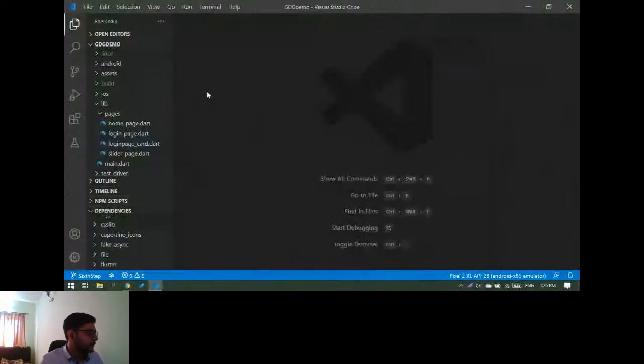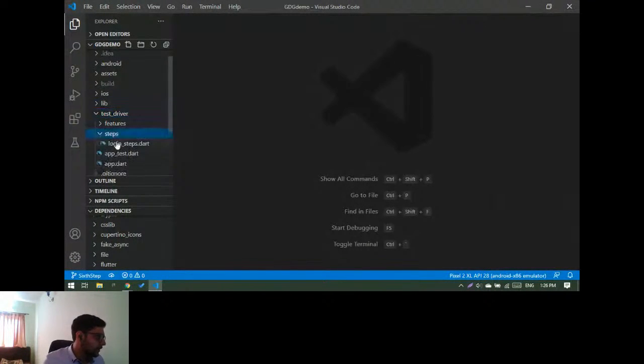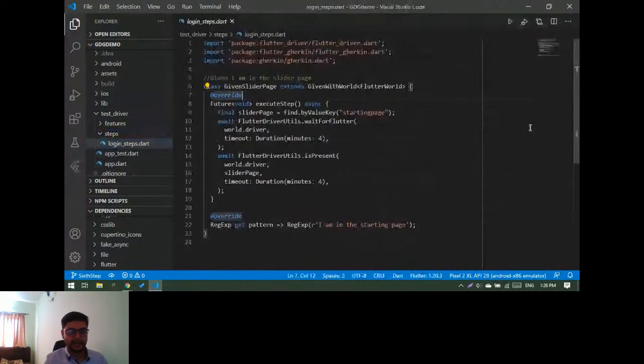Okay, login page.dart close गरे मैले। टेस्ट ड्राइभरमा गए स्टेप्समा लगिन steps.dart फाइल खोले है त सो स्टेप डिफाइन गर्नको लागि चाहिँ एउटा हामी क्लास बनाउँछौं। अनि नेम चाहिँ जति आफुले बुझ्ने खालको दियो त्यति सजिलो हुन्छ त्यसपछि हामी एउटा प्री एक्जिस्टिङ क्लास सँग एक्सटेन्ड गर्छौं। यसलाई इनहेरिट गर्छौं गिवन विथ वर्ल्ड भन्ने क्लास अनि टाइप चाहिँ फ्लटर वर्ल्ड। यो क्लास एक्सटेन्ड गरेपछि हामीले दुईटा ओभरराइड